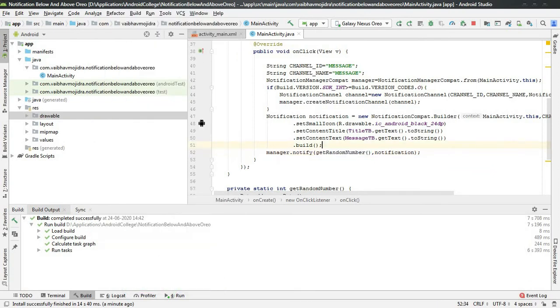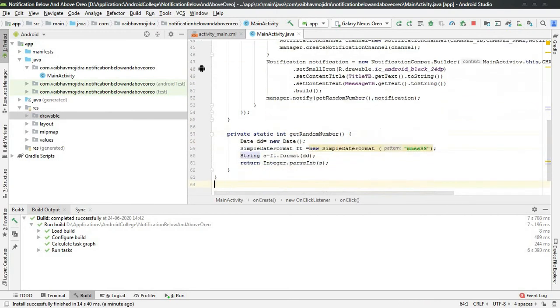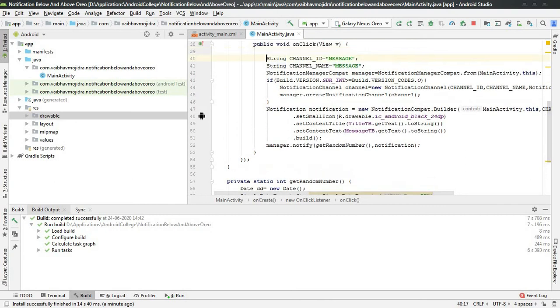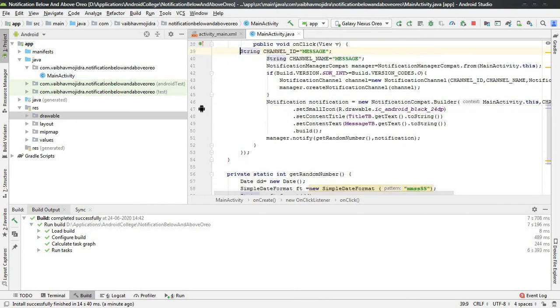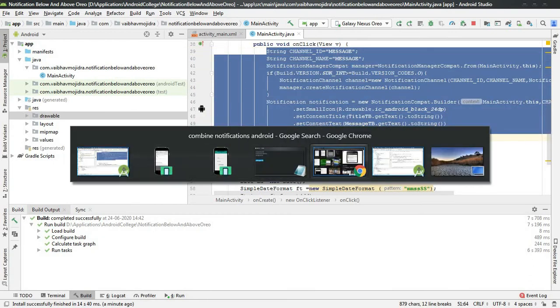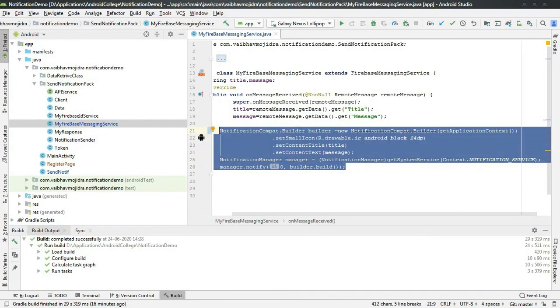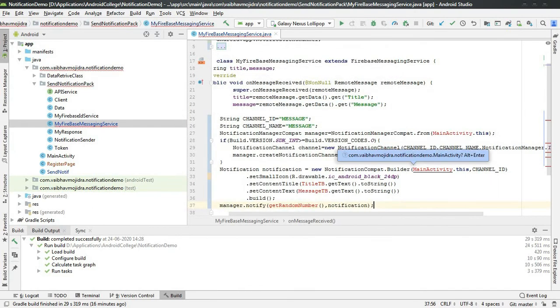And thank you all guys. And this is the final code, along with this function. So the guys who had the problem with the tutorial, where notifications were not showing, I have solved their problem, and you can just copy this code and paste it over here. Instead of this, you can replace it with this, and now, okay, so instead of main activity, I can just say